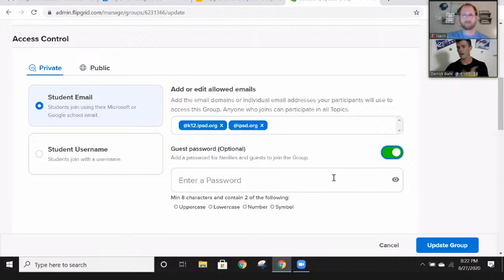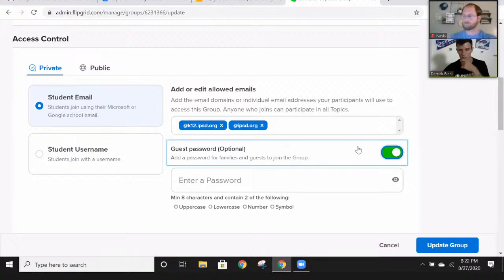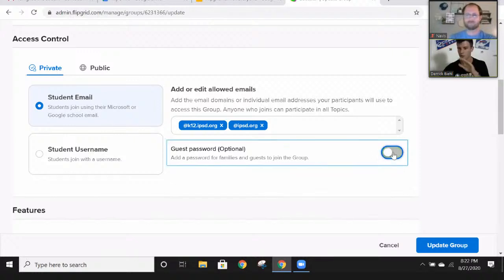I want to make sure it's open to everybody. So I turned on the guest password thing and I put a little password set to it. That way family members could join in and be a part of the Flipgrid as well. That way kindergarten and first grade could be a part of that. And we'll talk about how we use this for field day too. Really awesome feature of it, but we're going to turn that off for now because it's just specifically for our